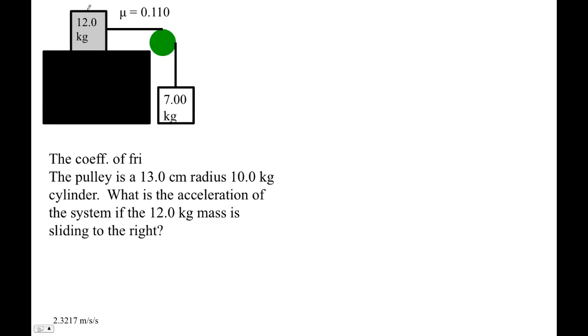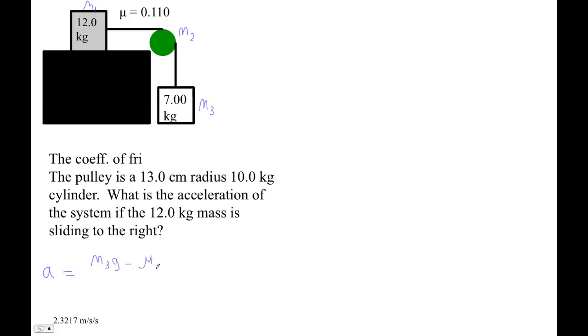All right, I'm going to call this guy M1. I'm going to call this guy M2. I'm going to call this guy M3. Okay. In the previous video, I showed that the acceleration of this system is M3G